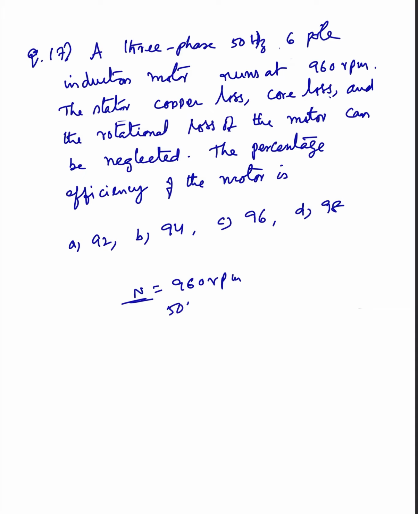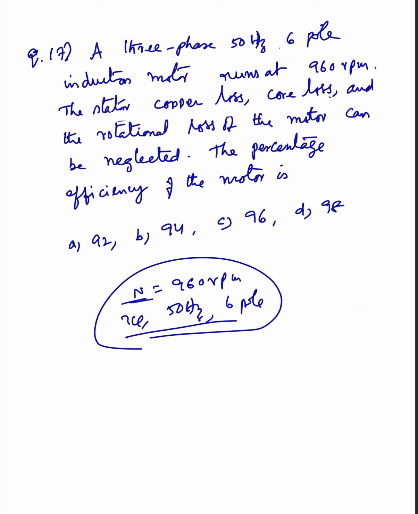And also 50 hertz and a 6 pole 3 phase. ఇవే ఇచ్చే data. How can you find efficiency? For efficiency you need output power by input power. So how can you calculate? There is no rating of the motor and also there is no load. At what load you have to find? So